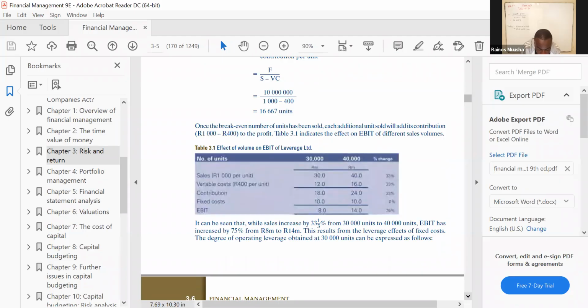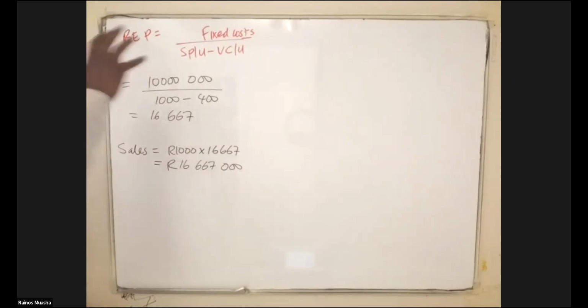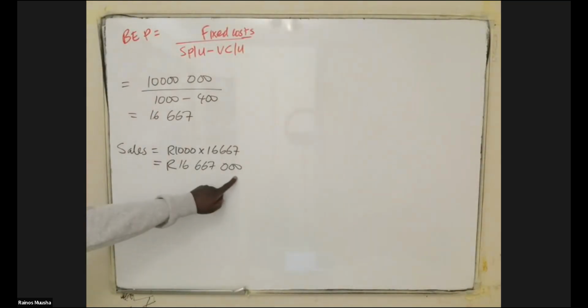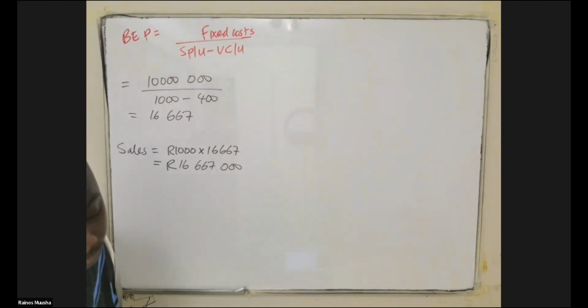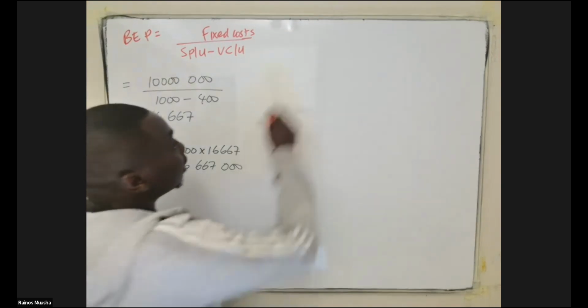So here they say, please take note. There's a very interesting question that they also brought in the assignment, where, yes, we have seen how many units we need to sell and how much sales revenue we need to generate to break even. Then they can also give you a target profit, to say if you want to generate a certain amount of money as a profit, how many units do you need to sell? So let's say, for example, our target profit